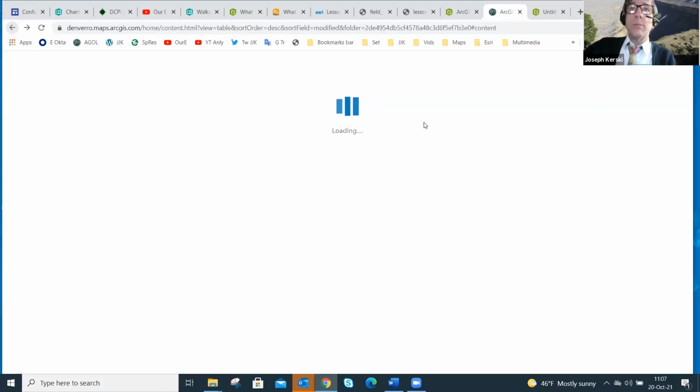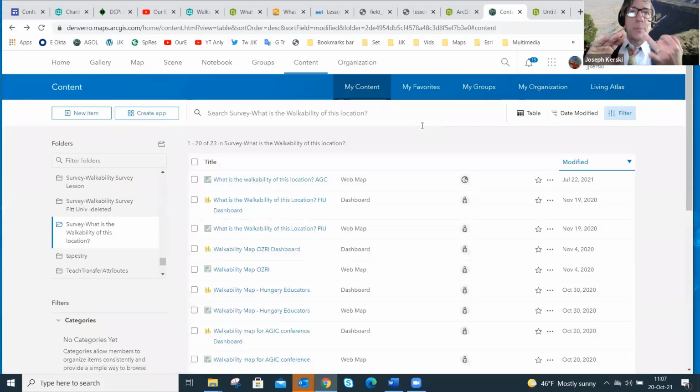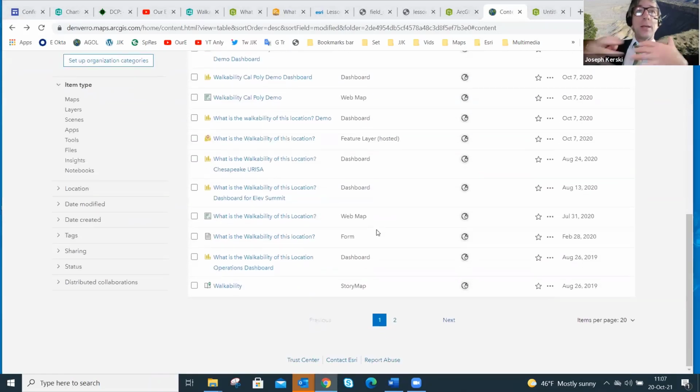I'm going to go back one more, and I'll see a couple of elements: the form, the feature service, and a couple of other things that we'll talk about in the final part of our workshop. The feature service is what gets created as a blank. It's just the schema, doesn't have any data in it once you create the survey. Obviously, once you and others put data into your survey, that gets added to a feature service.